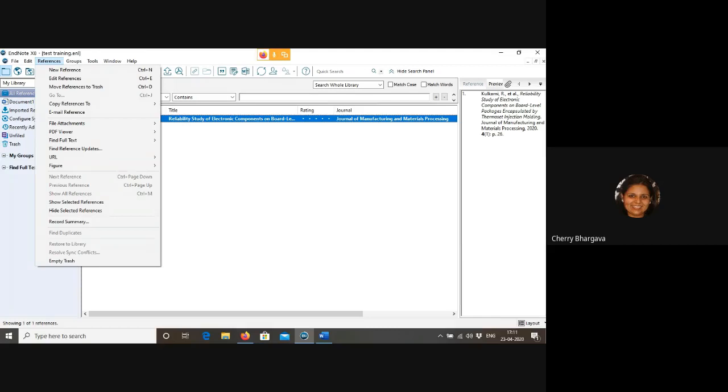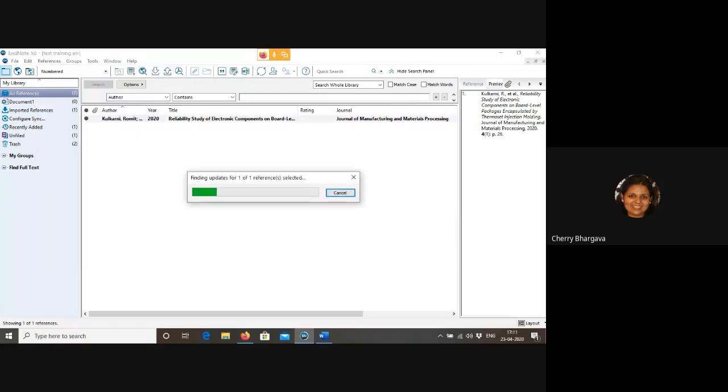Look at the top menu bar: file, edit, reference. In reference, there is find reference update. When I click on that, the software searches for all the missing information related to this reference.